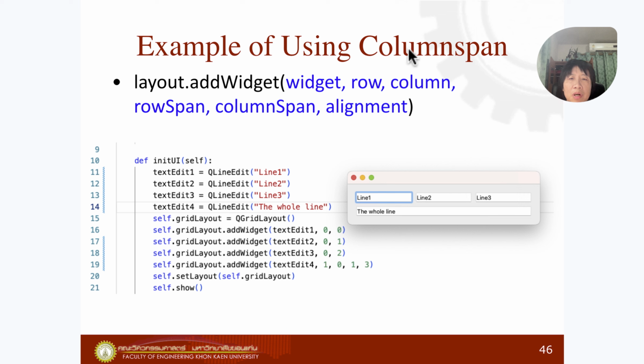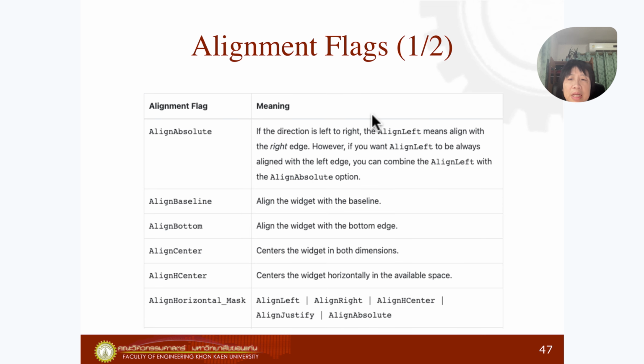And this is the example of using column spans. Here we want the whole line to take many columns. So in text edit 4, we specify that the column span is 3. And alignment flags include, like, align absolute, baseline, bottom, center, and